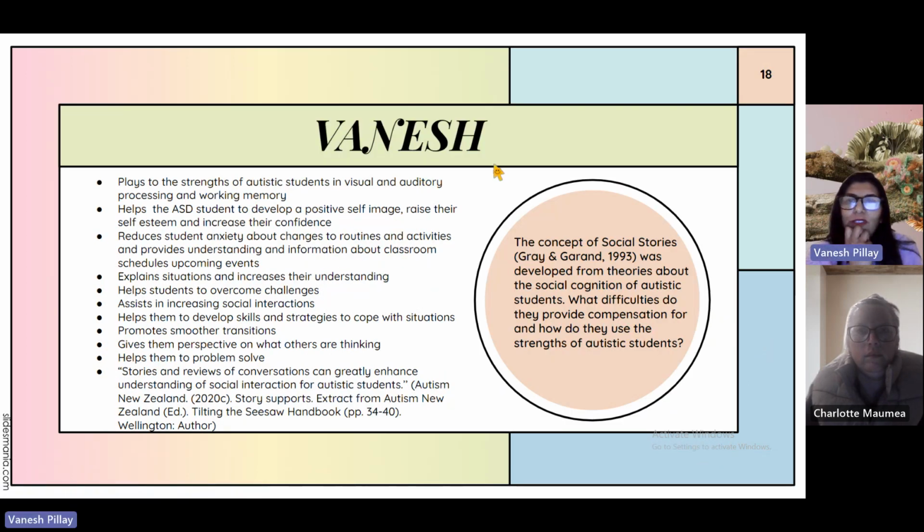The concept of social stories. So we come to the last section of the module, which was on social stories. The concept of social stories, Gray and Garand, was developed from theories about social cognition of autistic students. What difficulties do they provide compensation for, and how do they use the strengths of autistic students? So I think it plays to the strength of autistic students because they're really strong in visual and auditory processing